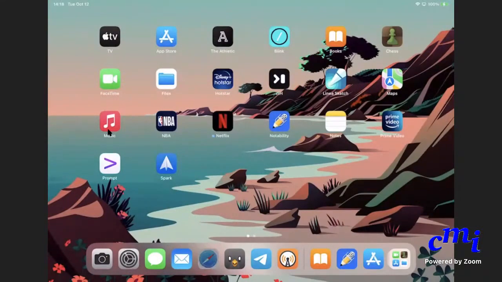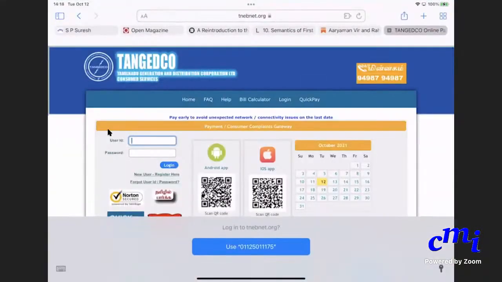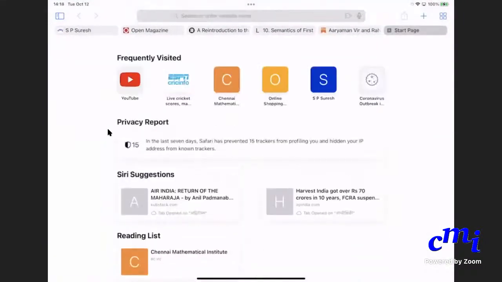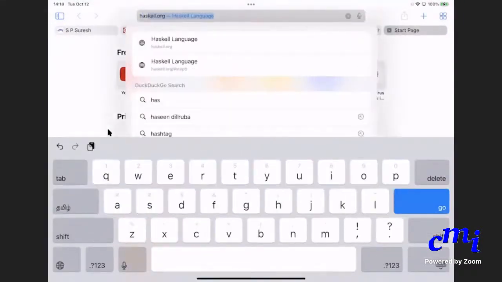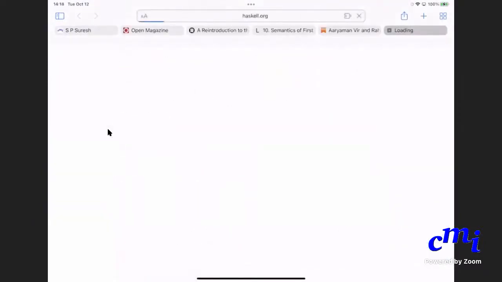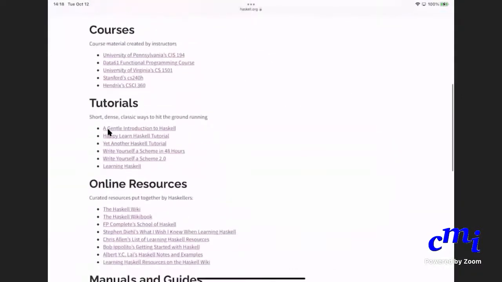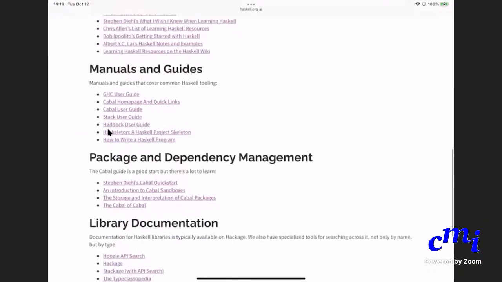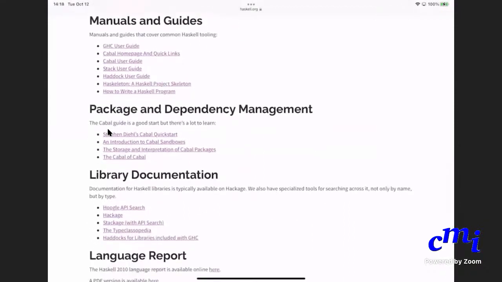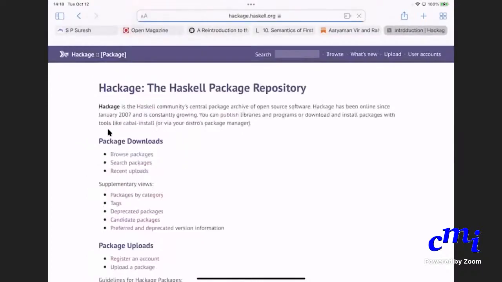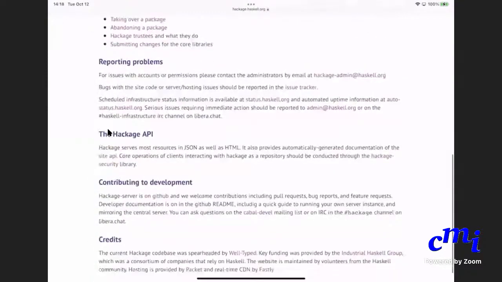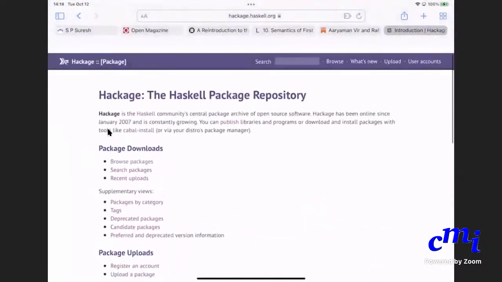Let me just see. Haskell.org. Yeah, so this is the browse packages.